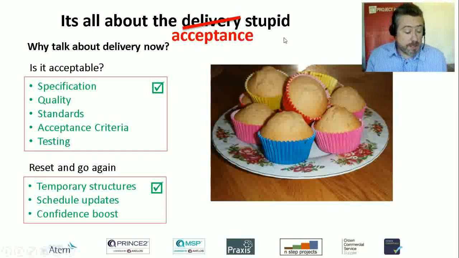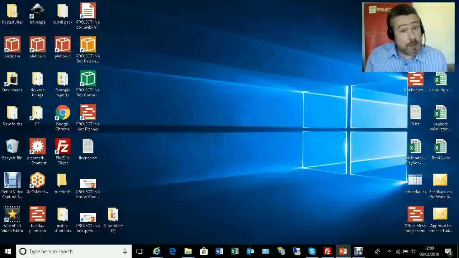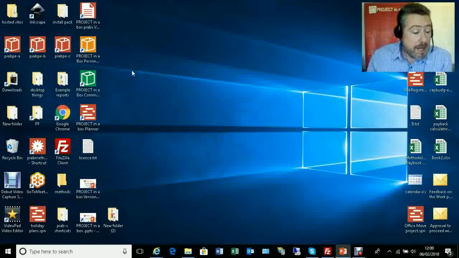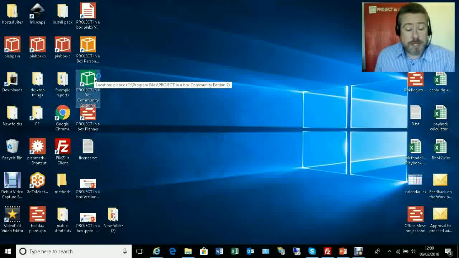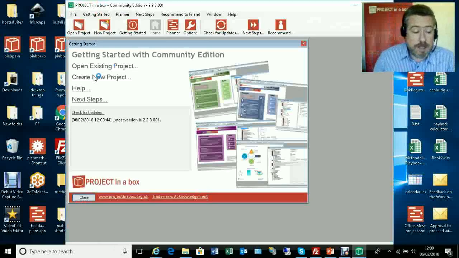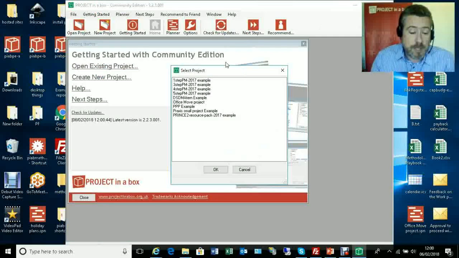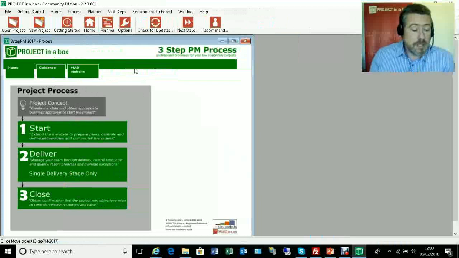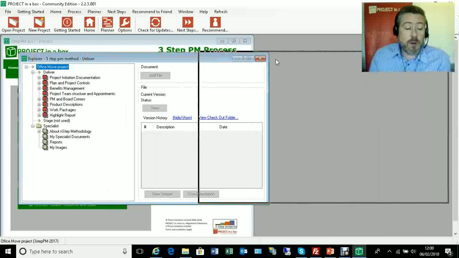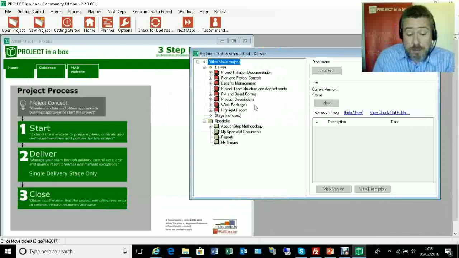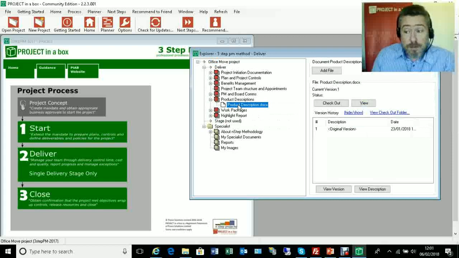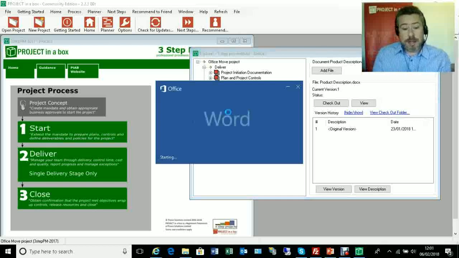Of course, what we're really going to be focusing on here is documentation. So we're going to take our community edition, which is where we're doing our documentation, and look at some of those documents that are in there. So we've got our existing project, our office move project, and of course we're in deliver here. And here, like I say, we're working with that documentation. There are templates here to help us through that. We've got some product descriptions for the products we're actually wanting to produce, and we've got some work packages, which might be how we've grouped together those products